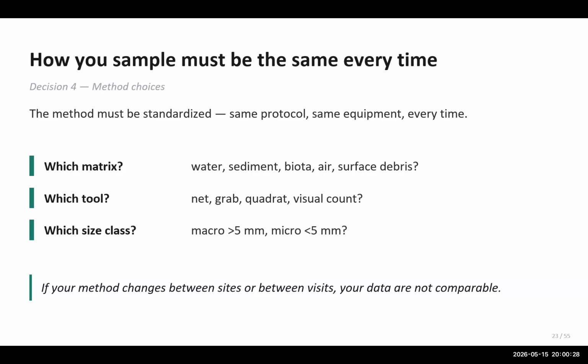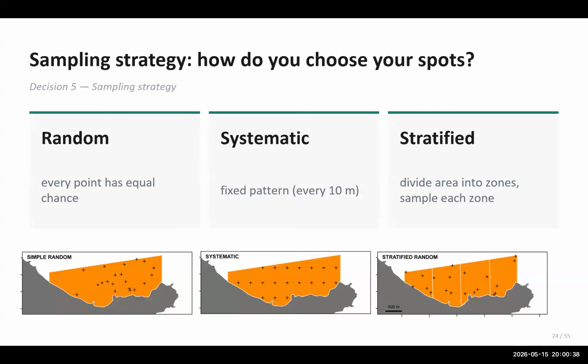All these questions are very important to decide the method that we are going to apply every time we go there and monitor, so your data is comparable each time. When it comes to sampling strategies, we have different types. This is decision number 5. Once you decide where to sample, how to sample, the frequency, and everything, there are 3 means to prepare your